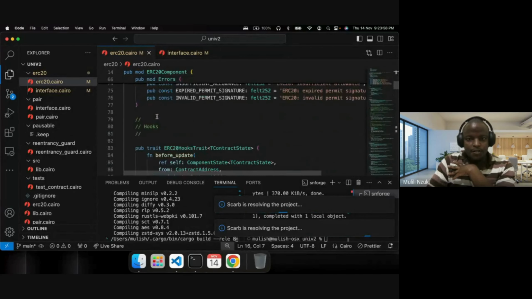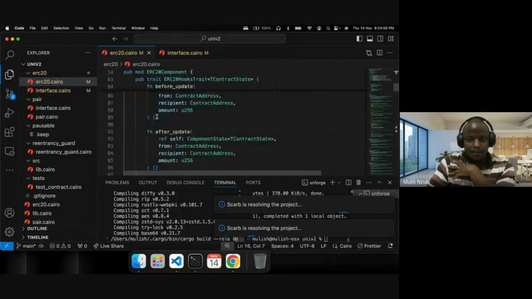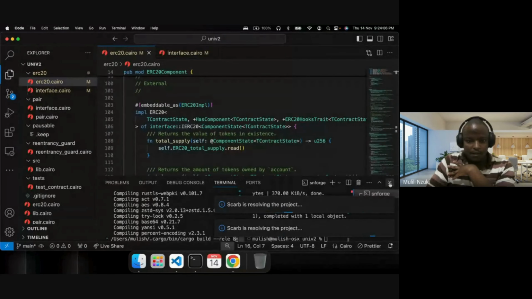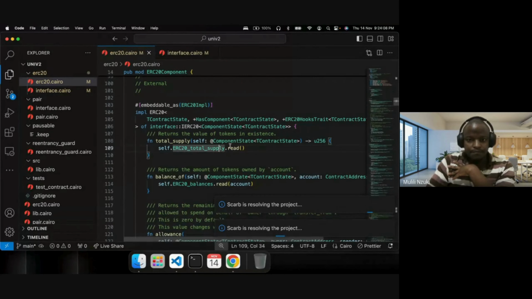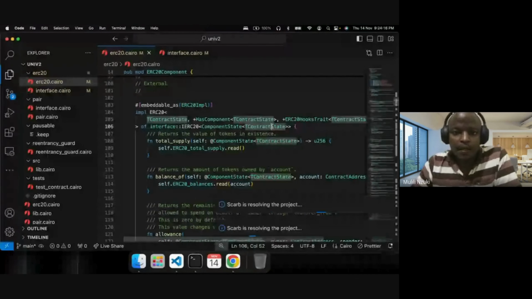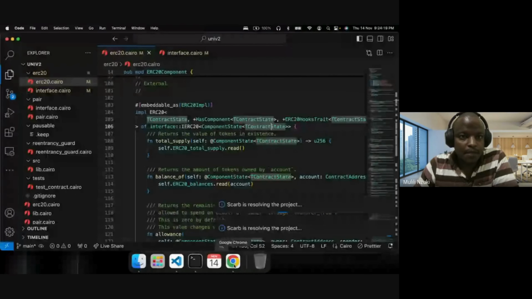It has its own functions. But what I'm looking for is the public functions. Maybe let me close the terminal again. Close these things. Okay. Again, if you remember the slides, what we were talking about,